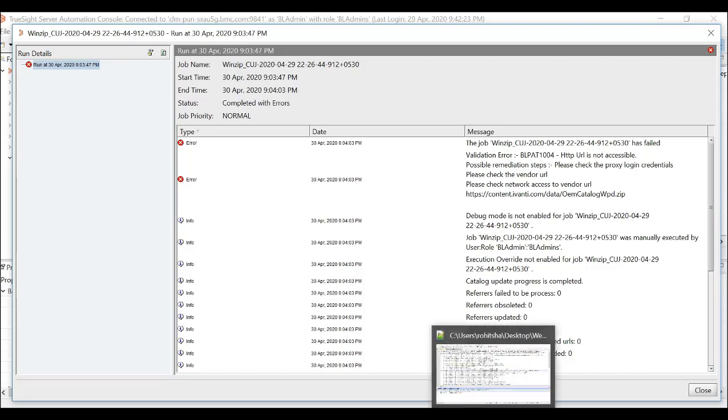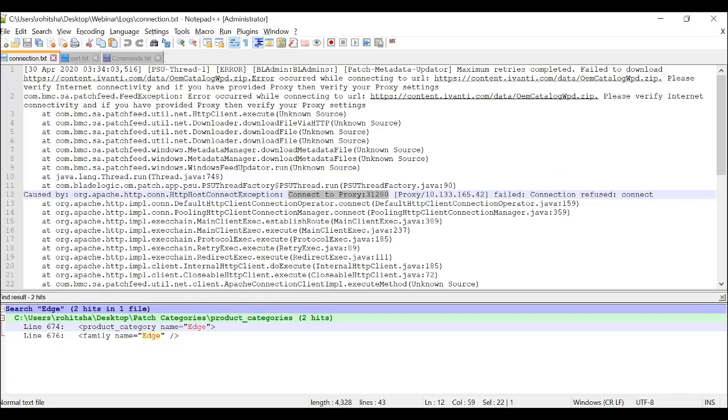Now I've already exported the app server logs for this particular error, and this is the stack trace. As you can see, it is more or less the same. If you can see on the top, it's the same as what we see on the console, but at the bottom we see that it is not able to connect to the proxy server on this host, on this port 31280. Now this is a Squid proxy that I've configured in my TSSA.